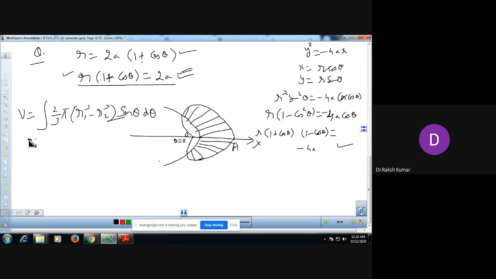What about the limits of integration? Because this comes from this point to this, at this point you will see that theta varies from 0 to 90 degrees. So this will be the limits of integration. So 2 by 3 is constant, pi is constant, 0 to pi by 2. Now you can substitute the values of these clearly.